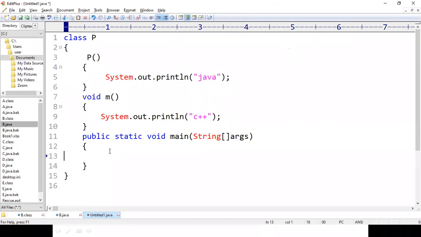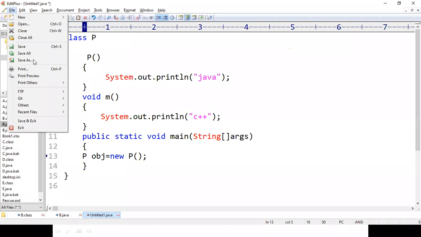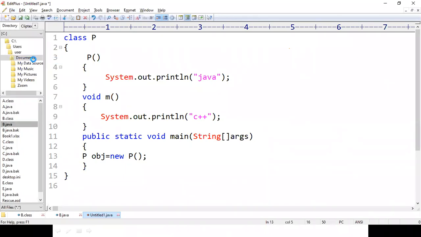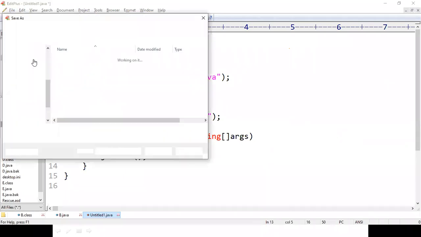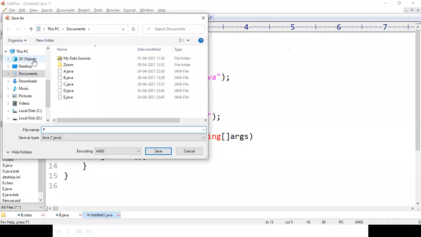In order to do that, I have to create an object for class P. So I just created an object for class P. I did nothing else. The main method lies in class P, so save this program as capital P dot Java.